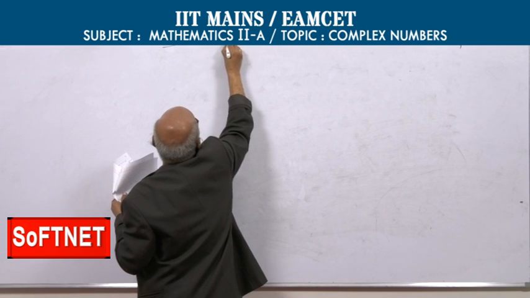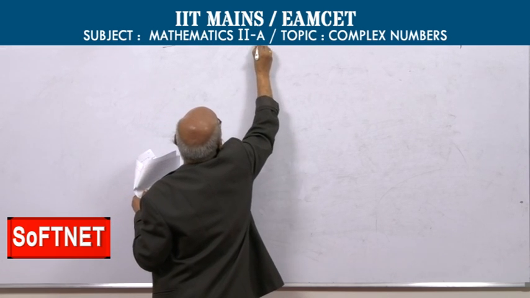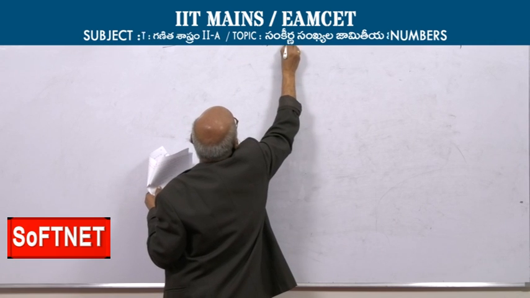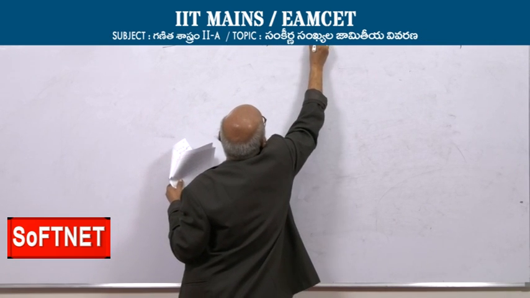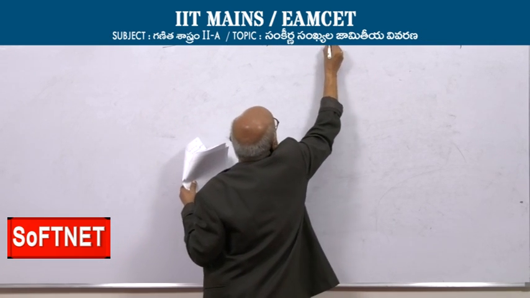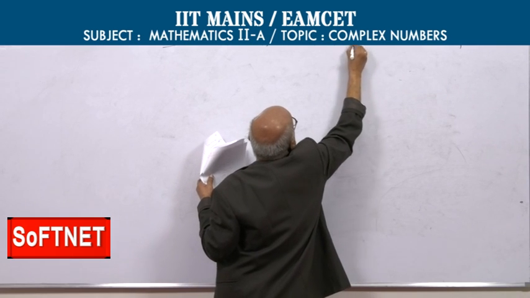If Z1, Z2, Z3 and Z4 are fourth roots of unity,